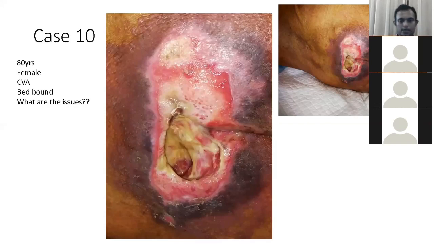And whenever she passes feces, they can just clean it up and put maybe a little bit of betadine mopping, and then put the Metrogel and close it. And these are proximal wounds, and they will heal very quickly. And if there is overt slough, and it's not coming out with the dressing and all that, you have to see. That you can do with a photograph. You should give them these cutoff points for when to get to you.